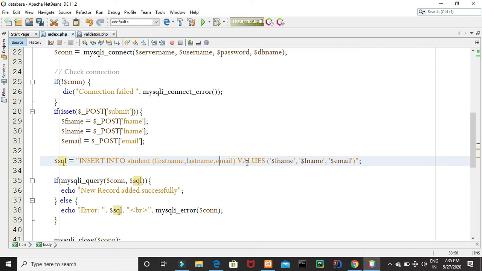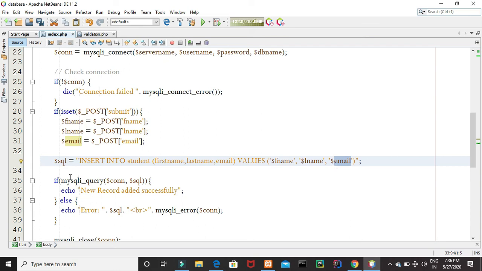And now we want to insert the values in our table. The values that we want to insert are stored in the variables fname, lname and email, right? Just note the single quote. For each of the variable values, we have used the single quote. And there is a semicolon for our statement.